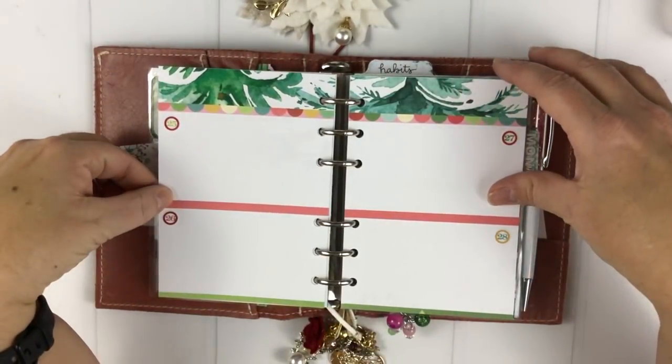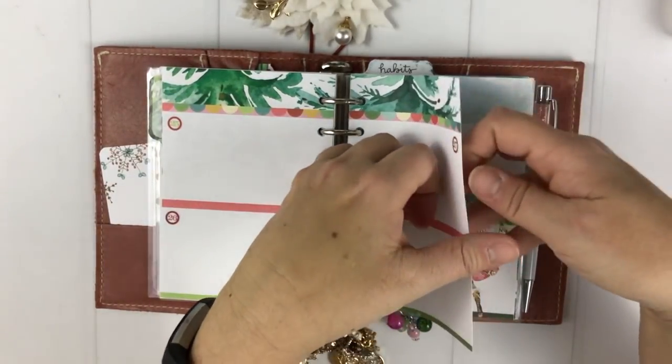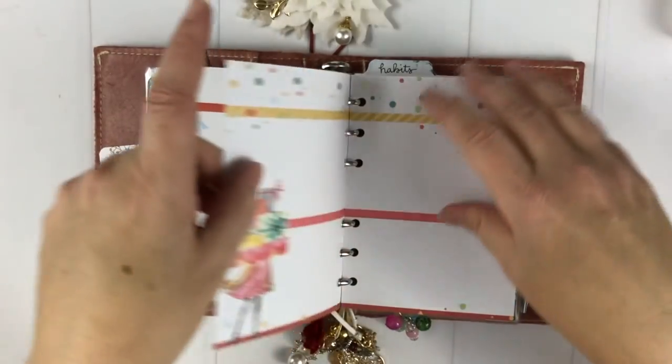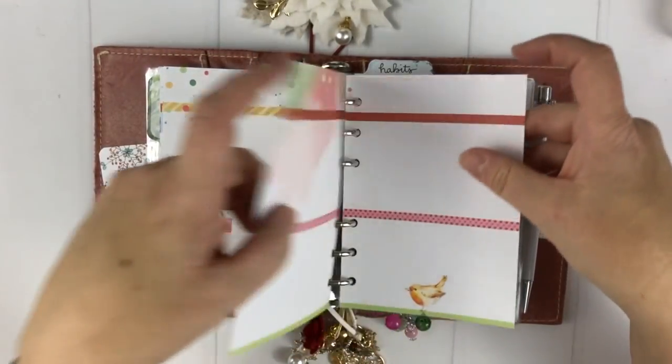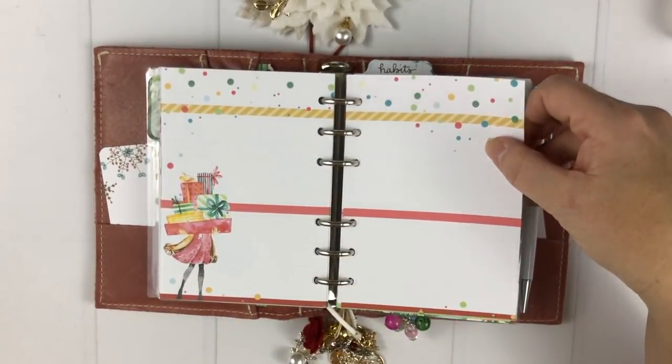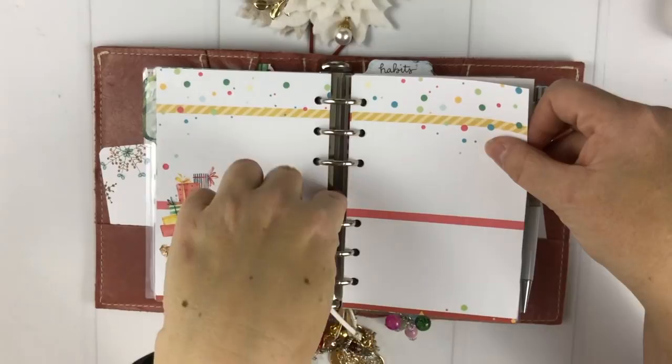And then here come those pages again. So the 25th through the 31st is right back here. And that's pretty much all that I do with the Dory right now. I'm not really happy with that. I'm clearly not using it to its potential, but I'm not quite sure what else to do with it because